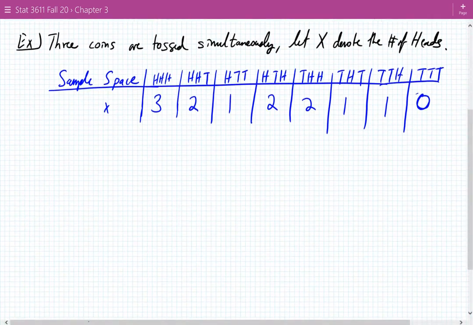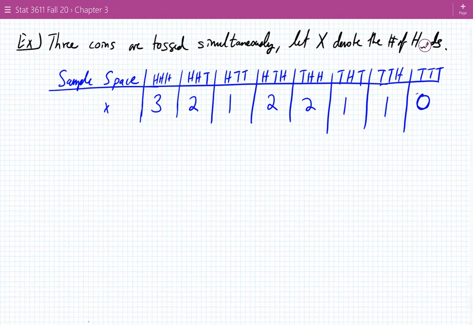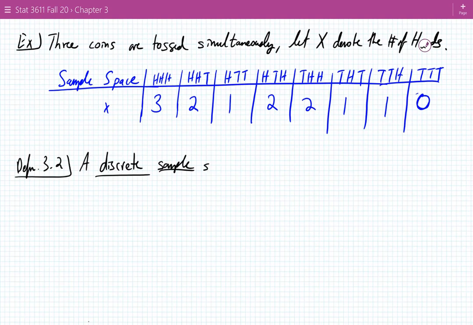All right. Just some introductory stuff here. A couple more definitions on this. Definition 3.2. We've talked about sample spaces, but we're now going to talk about some specific types of sample spaces. Specifically, we want to define what a discrete sample space is. A discrete sample space contains a finite number of elements, or an unending sequence